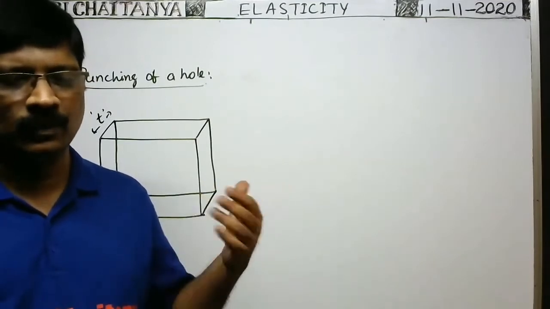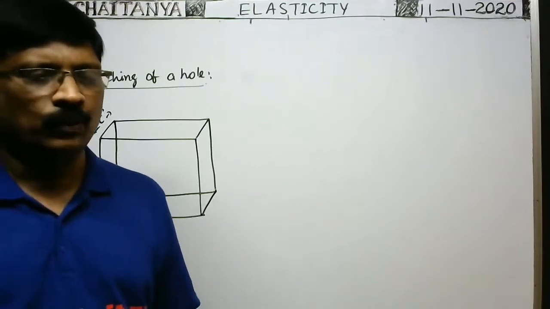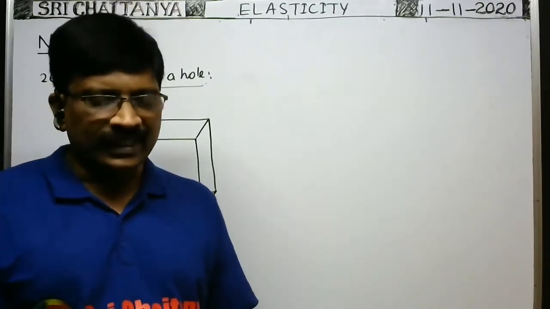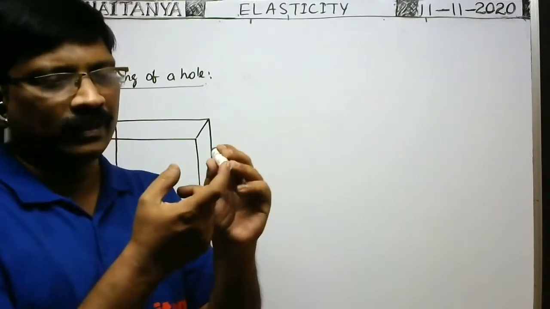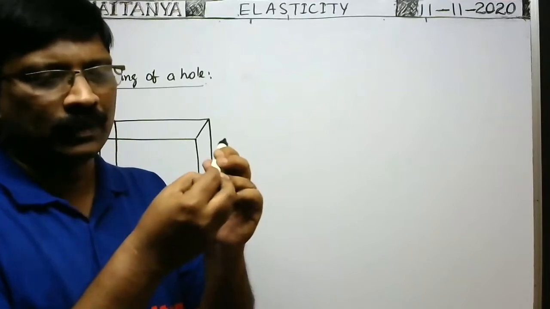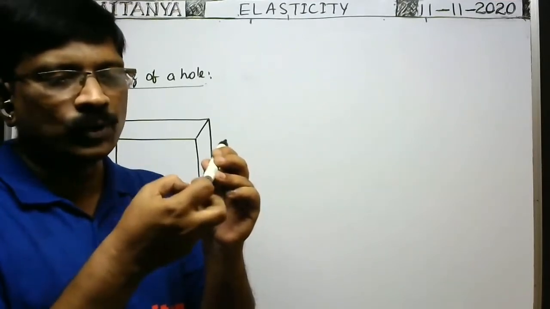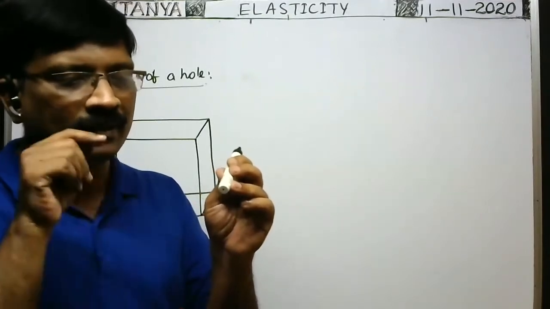What should we do to punch a hole? We cannot do it directly, can we? So we use some instrument. That instrument is like a rod. Here this edge is depressed and the circumference is very sharp. Such an instrument is used to punch the hole, or any drill machine. But here it is punching, not drilling.